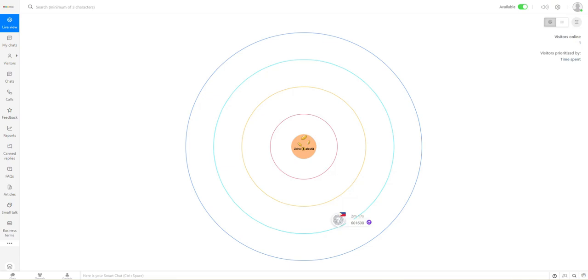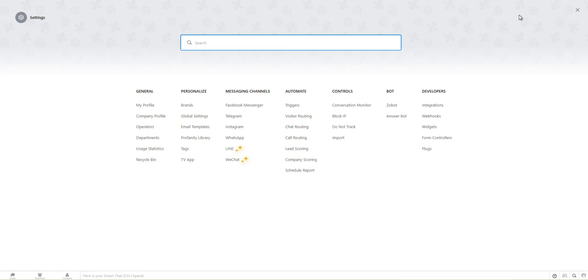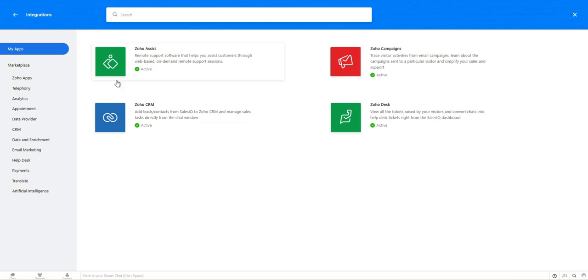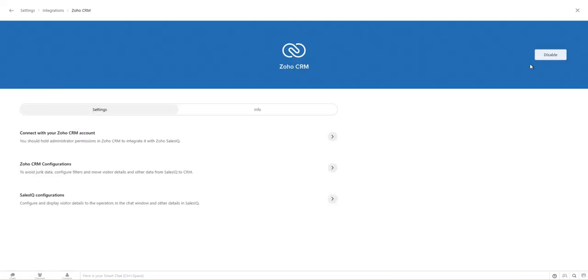CRM. So first things first, we need to go to settings. Then under developers, select the integrations. Take that. Then look for the Zoho CRM. See? So you can see mine is already active, but if yours is not, just click this. Then there's a button right here for enable. Just click on that. Then here we can configure our